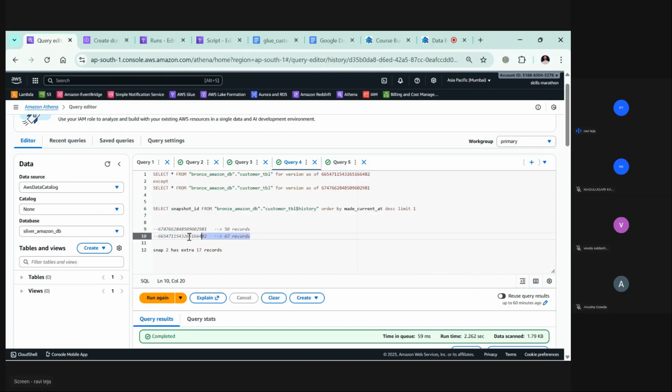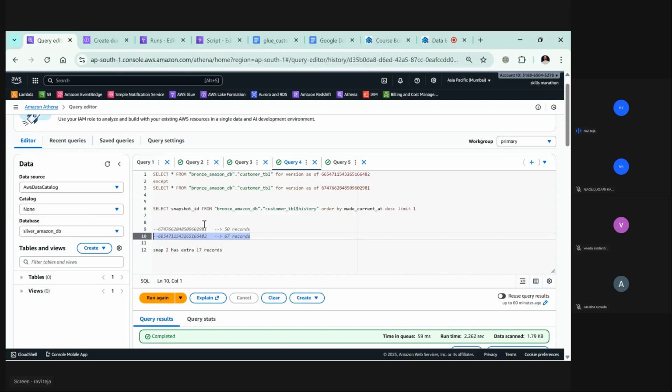Fine, 67 records. Now these 67 records, I will do some processing, because if you take the same records and put them into your silver layer, there is no point, right? You need to do some processing. Instead of just putting them into silver, you need to clean this data, apply some data quality rules, some cleaning, and then put it into the silver layer. Then you can apply business rules on top of that. But if you don't do anything and just put it, that's a waste of energy and computation for you.